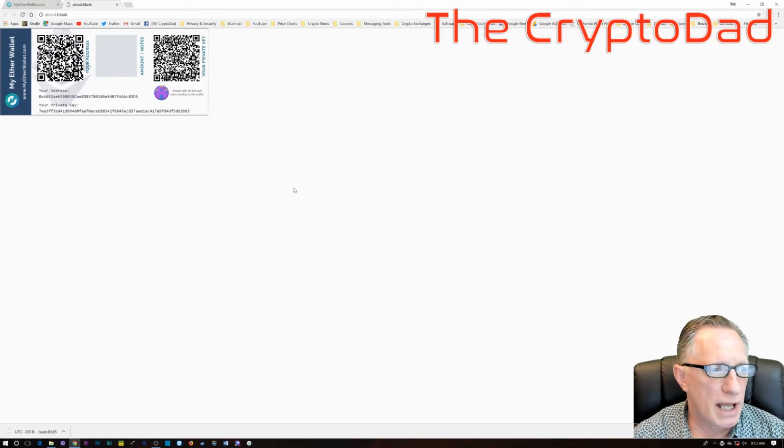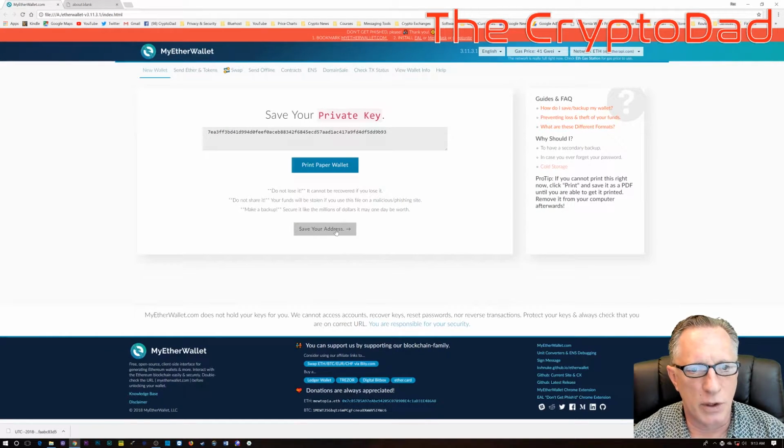Now I would assume that you're going to be saving this on your no internet computer, that you've got a printer connected with a USB, and you can print out this paper wallet. It's very convenient. It'll allow you to do some scanning. I don't know as far as trying to cut and paste these into this interface, so I'm going to show you quickly. When we do save address,